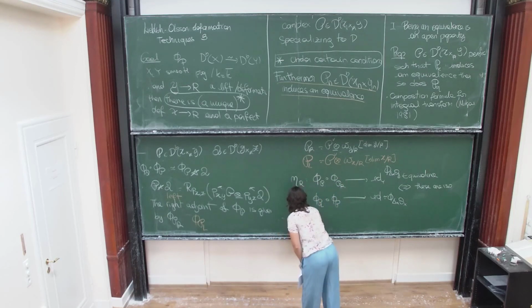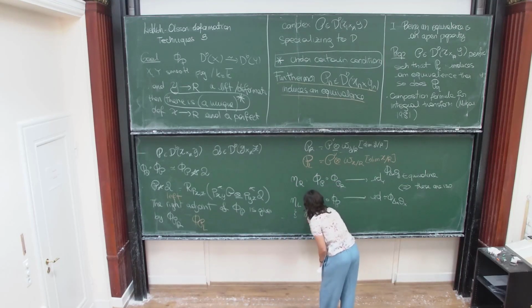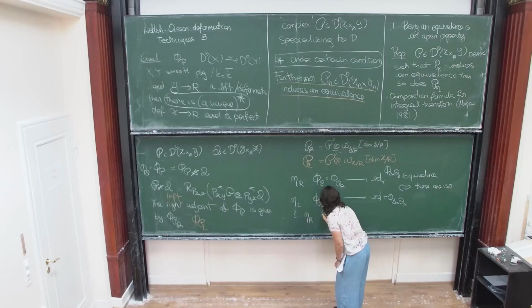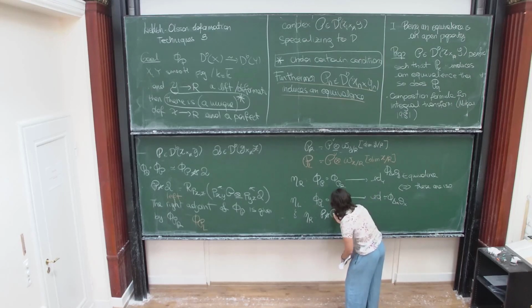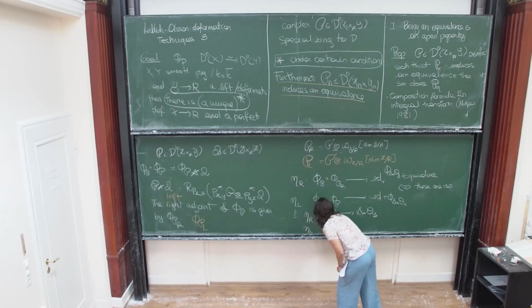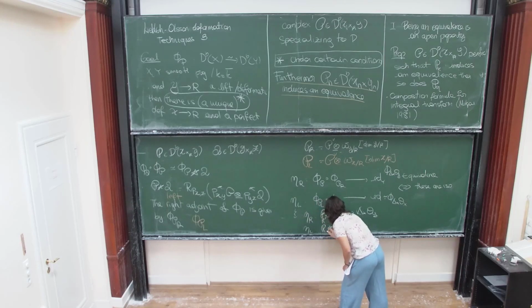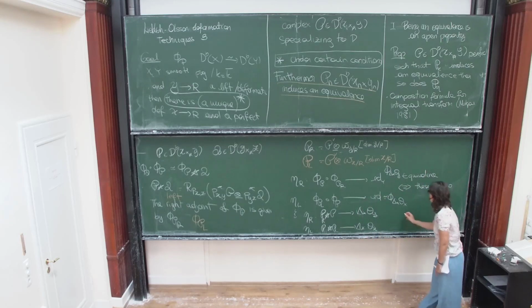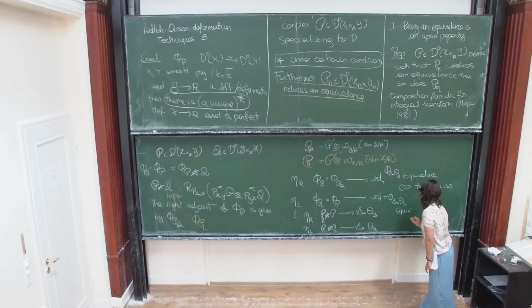So these induce morphisms that I call with the same name, η_R from P star P_R to O_Δ of Y, and η_L from O_Δ of X to P_L star P. And so again, this is an equivalence if and only if